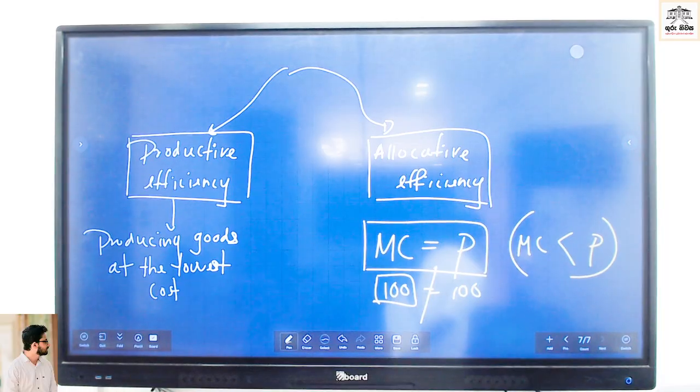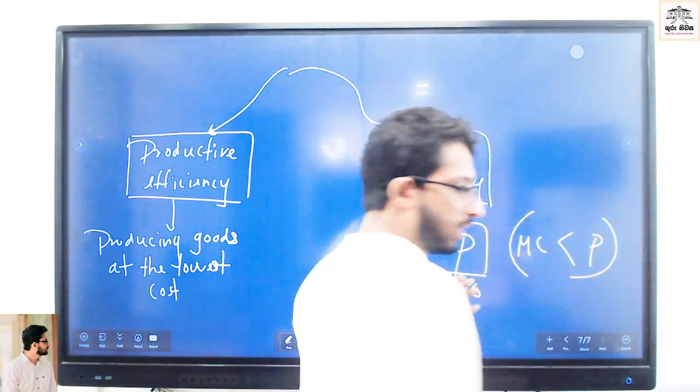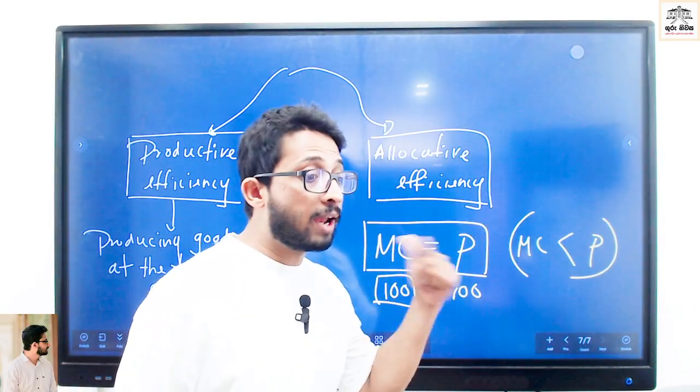Are marginal cost and price of the product equal or not now in the monopoly market? Hurry up, tell me. Are they equal or not? Unequal. Non-equal. So if they are not equal, that is not allocative efficiency.